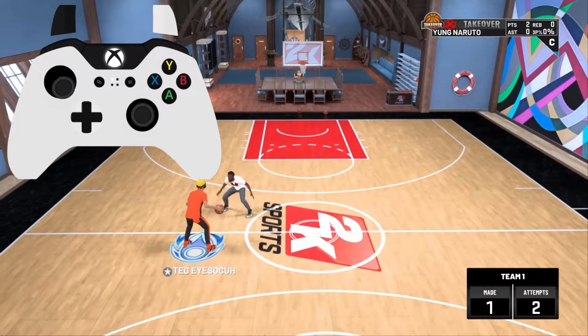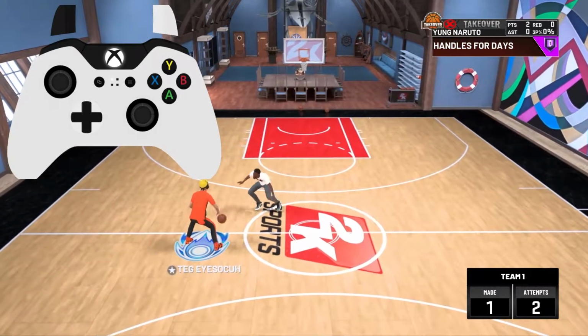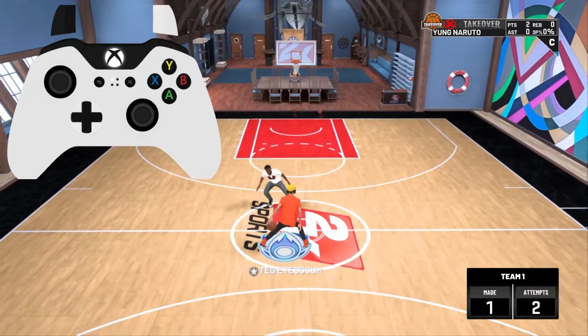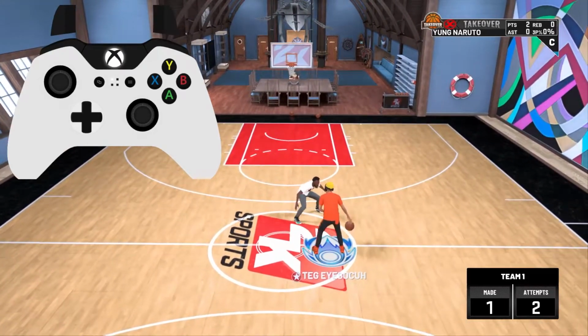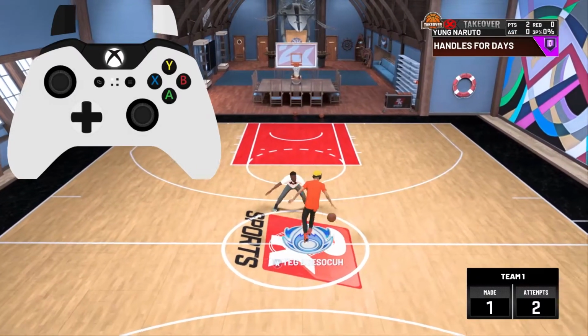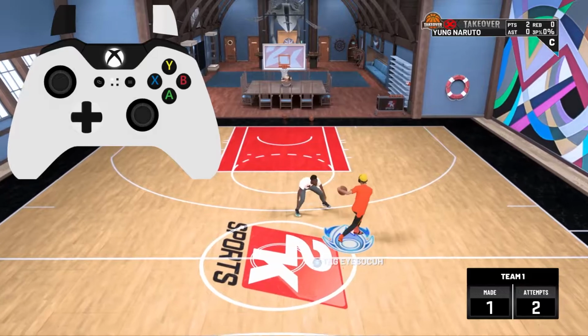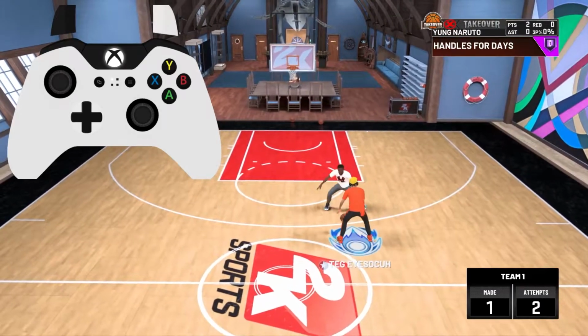Look at the hand cam. It has to go opposite. You feel me? Opposite. And it's right away. It's like a momentum, but it's just opposite ways. There we go. And then for the regular big crossover,